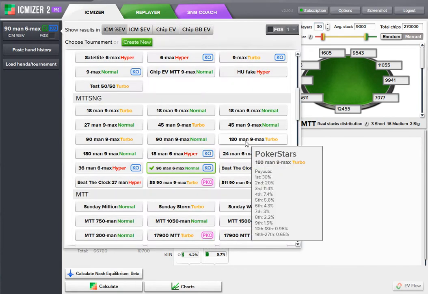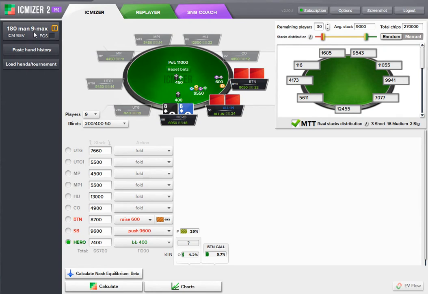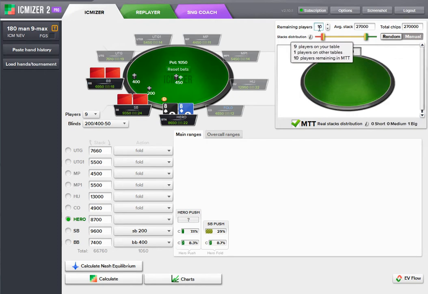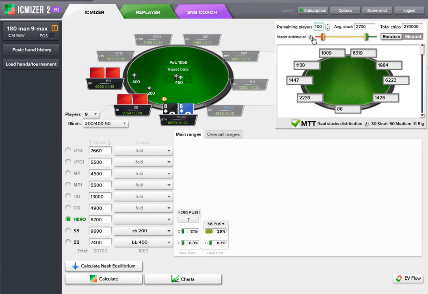Let's choose a 100-man 9 max turbo MTT SNG tournament on PokerStars, and as you know, it has 27 payouts. Now we can review situations with up to 100 players remaining, and let's see how that works and how quickly we can find the Nash ranges. Previously the Nash ranges were only possible with like 20 players at the table. So this is a huge change, and now these buttons are almost always in sync,